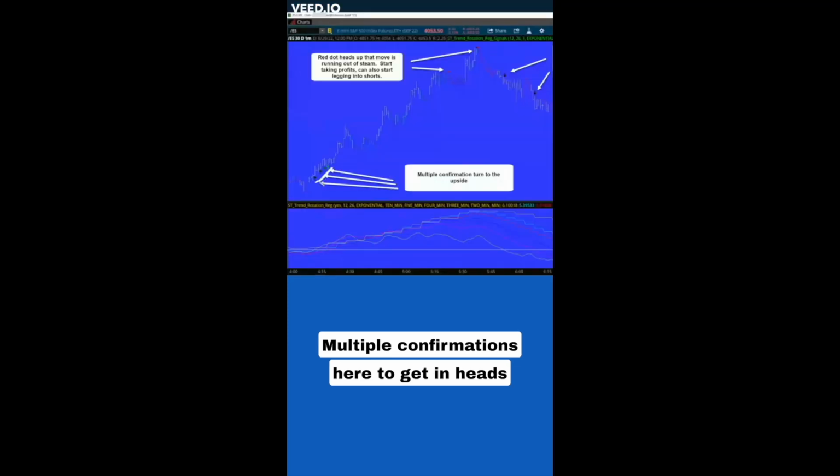Multiple confirmations here to get in. Heads up that this trend is ending. Let's get out of that. Oh, and now there's new entry signals to